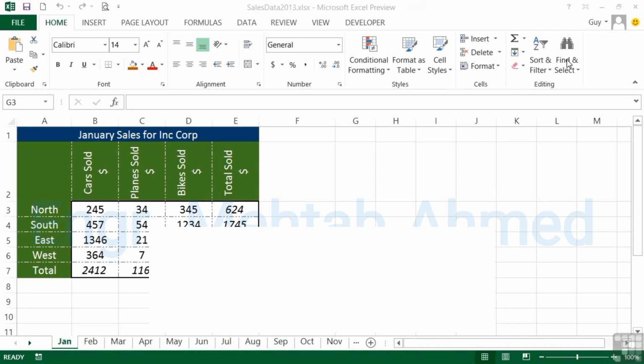Worksheets can be moved within the book that they exist in, or even into other books, as long as that other book is open. Let's take the sales data 2013. This has 12 sheets within it, January to December. Now, if I wanted to move any of these months out of order, I could simply do that with the